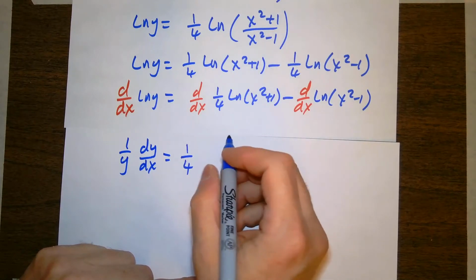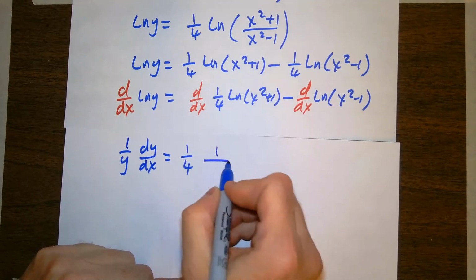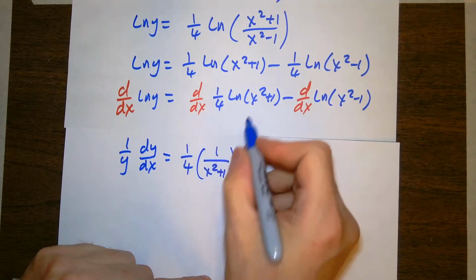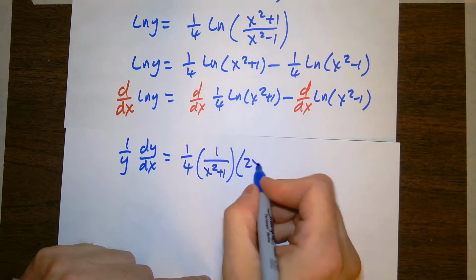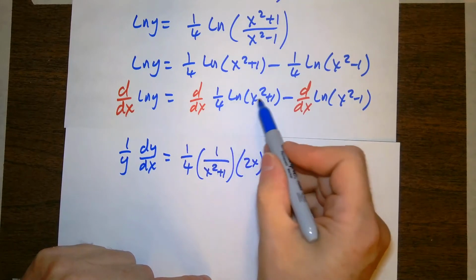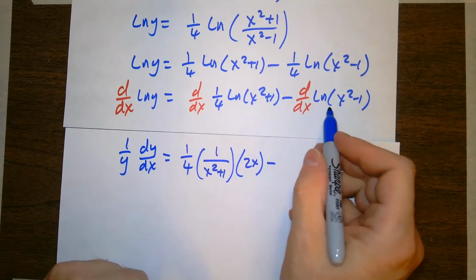Let's see, what's this going to be? The derivative of natural log is 1 over x squared plus 1 over u times the derivative of this, and by the chain rule, the derivative of this is 2x, minus,